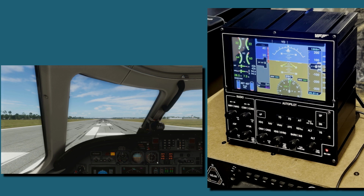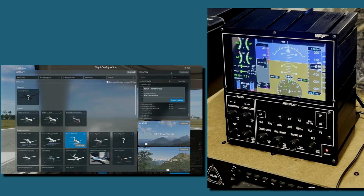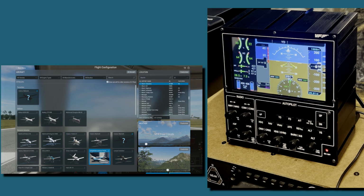And now we're in our simulator, and we have the instruments operational. We can push the power up and see the response on the gauges corresponding to the simulator. So let's say now you'd like to switch to a different aircraft. All you need to do is to select the new aircraft. We'll take a Piper Comanche,